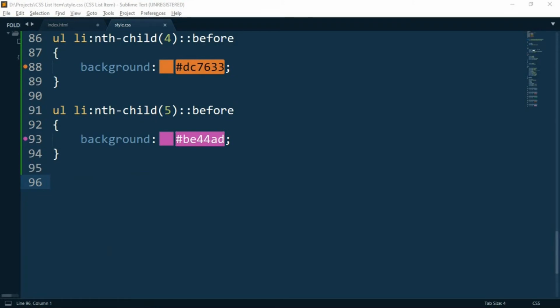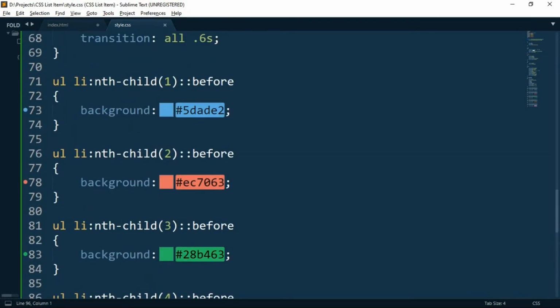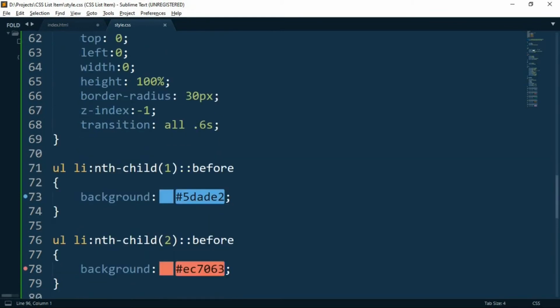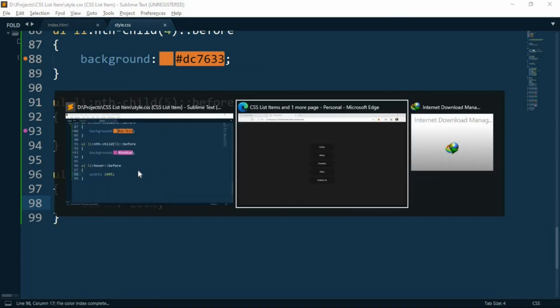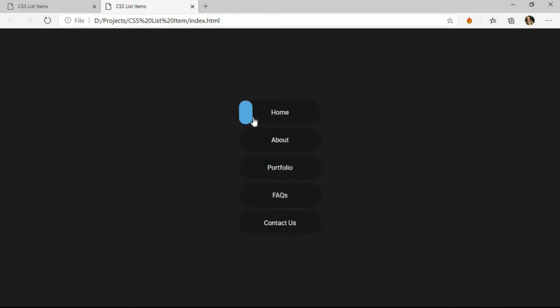So the coloring part is done, and the last thing we need here is what happens when we hover over it, because let me remind you, we have already set the width to be 0, so nothing will be visible if you hover over it. And so yeah, let's just set the hovering effect, that is hover and before. Okay, so let's just set its width to be 100% because we want it to be visible fully. Okay, so let's just see how it has turned out to be, and yep, it's working perfectly fine.